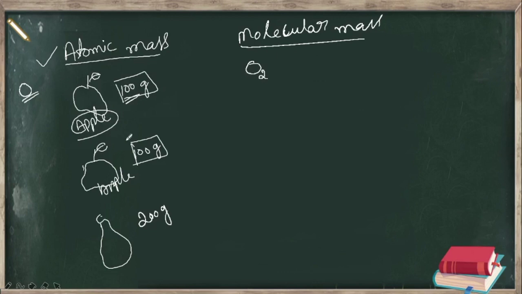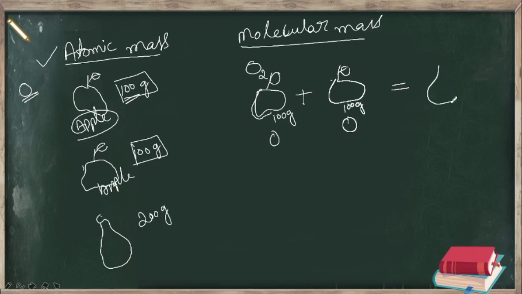So then I will take apple as an example. So how many apples are there? One for one oxygen. One apple. How many grams? It is 100 gram. Plus one more apple. Consider this as another oxygen. How many grams? Again 100 grams. So now if you keep these two apples in a bag, how much do they weigh? So now that bag contains how many apples? That is 2 apples. And what is the total mass of it? It is not 100. Now it becomes 200 gram.